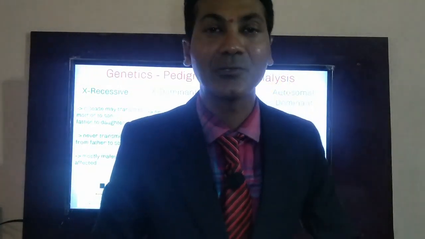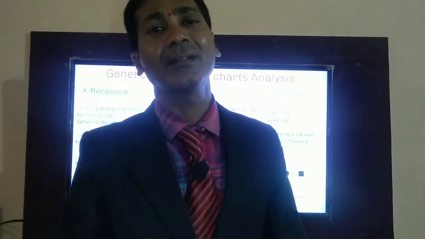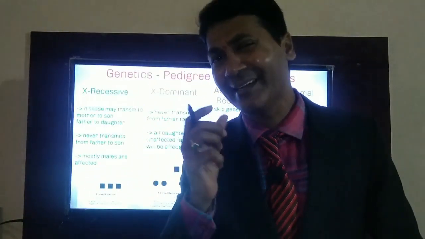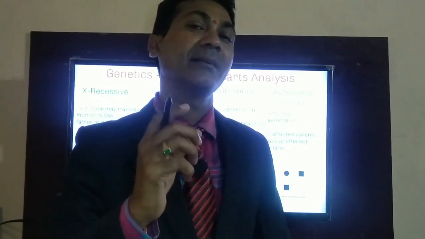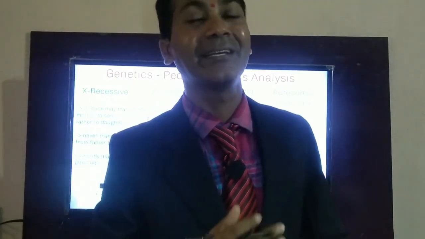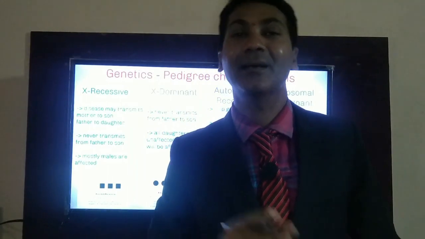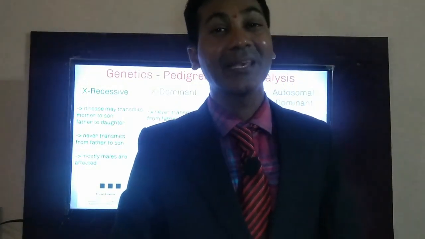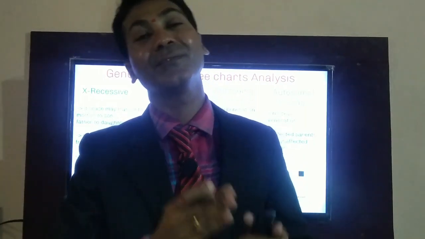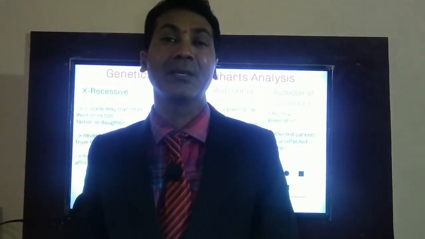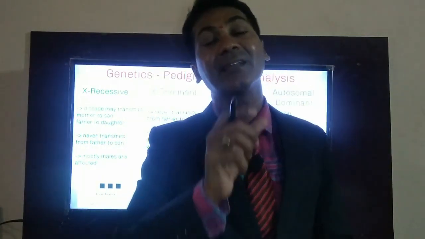genetical disorders also. Here, what is a genetical disorder? An abnormality occurred in a gene or a chromosome is known as a genetical disorder or genetical disease. If the disease is created in a particular individual, that character may inherit, that character may transfer from one generation to another generation. So how is this disorder transferring from one generation to another generation?